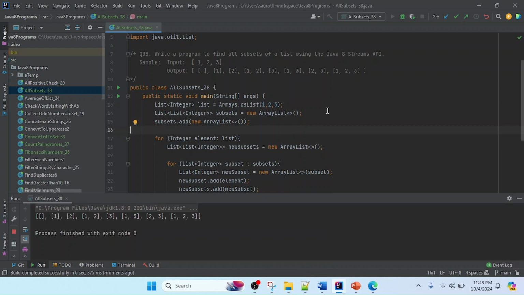Yeah, friend, I got the output as per the mentioned sample output, and you can see that the first one is empty, so it's matching with the empty, and the second one is 1 2 1 2. So you can see 1 2 1 2. So I got the result, and I will post the code in the git repository, and I will mention the link